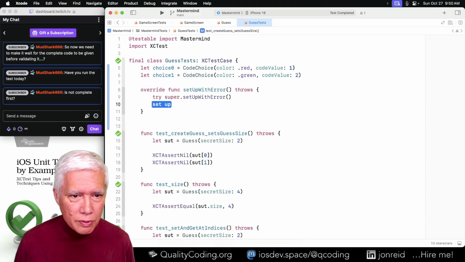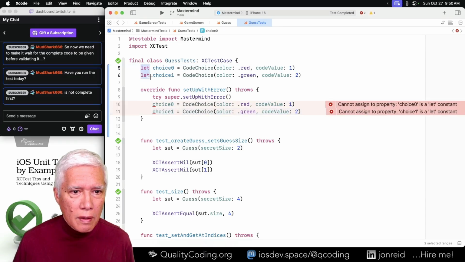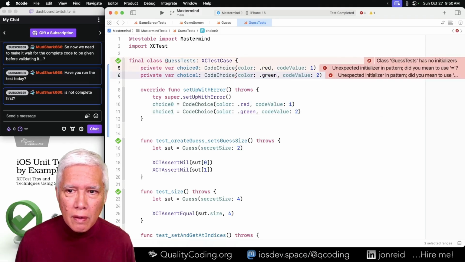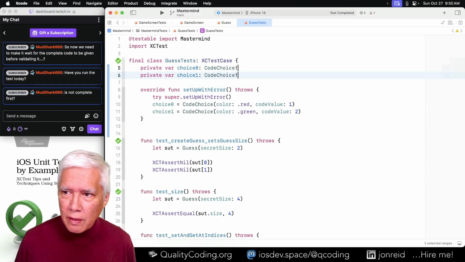Set up. Oops. Try again. Let's see if I can get this like that.